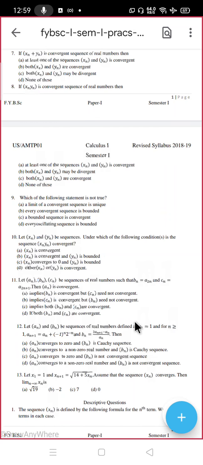What about the next one? Tell me. An and Bn and Cn, the subsequence, okay, sequence, oh sorry. Bn is A2n and Cn is this. Okay. What can you say? Option C. Why is that so? If you're saying an option, then please be ready with the reason for that.